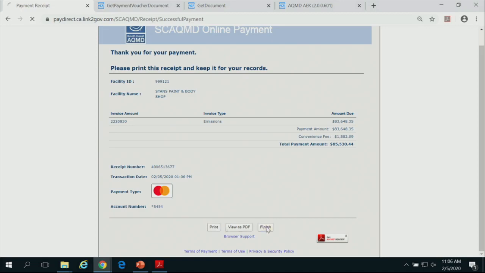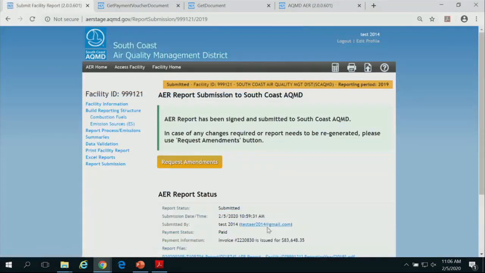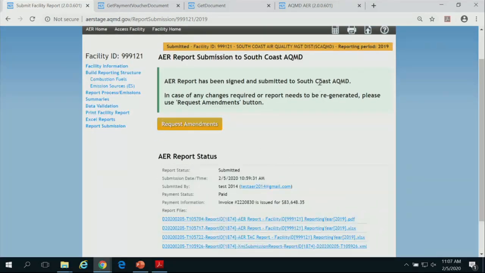By pressing finish, you come out of our finance system and come back to the tool. Now, remember it was yellow with the $83,000. Now it's not. That indication tells you the report is submitted, the payment has been taken care of, you're good to go. Remember, there are some categories that you need to meet to pay fees. So let's say your facility is small, you don't have to pay fees. You don't need to go through the payment because you don't owe any fees. So right off the bat, you see this after your submittal.